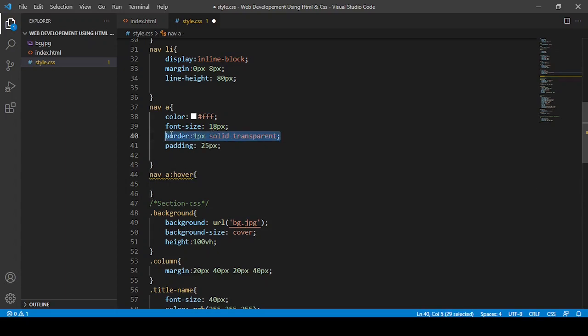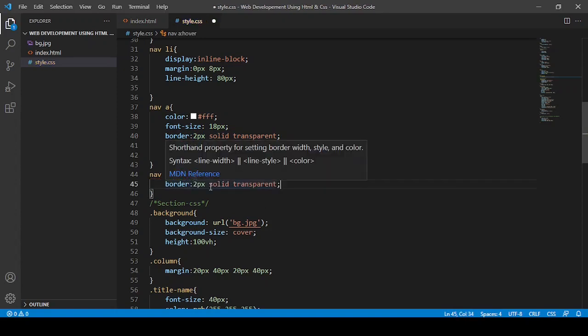Inside the bracket, we have given the border also. So first of all I am going to give this border 2px. I am going to copy it and paste it here. As I said just before, we are going to use this border in hover.